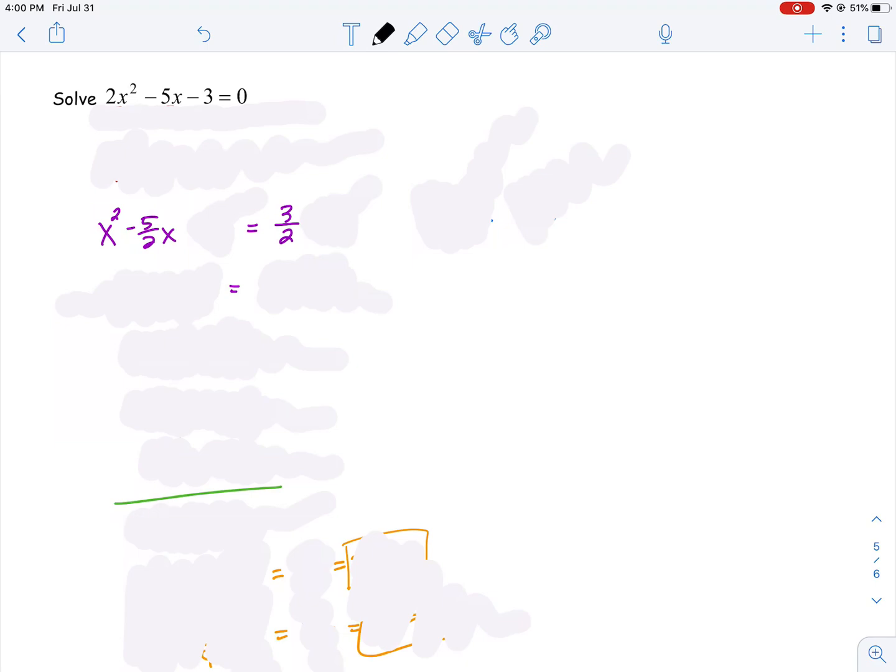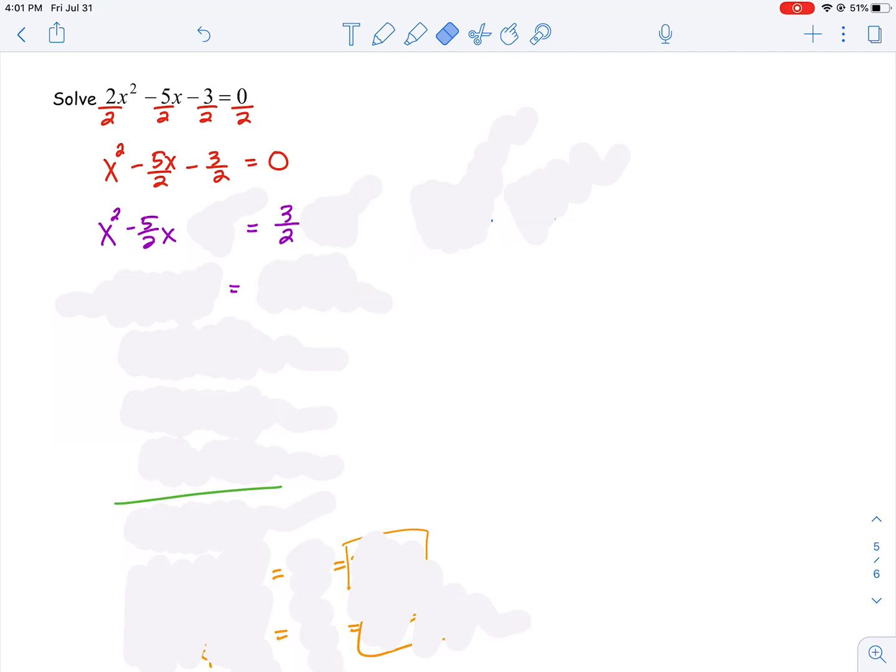And if you remember the steps for completing the square, the first thing we want is that number in front to be a 1. So what we have to do is get rid of that 2. It's right next to the x, and so in order to make it a 1, we need to divide by 2. But that means we have to divide every single thing by 2 to keep the equation balanced. When I do that, I end up getting x squared, which is perfect, minus 5 halves x minus 3